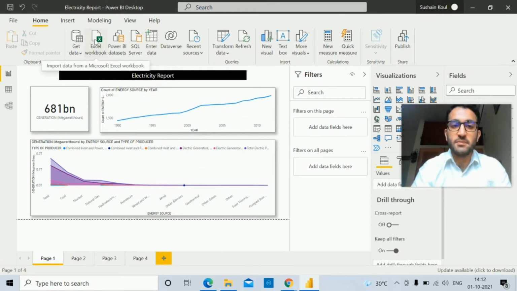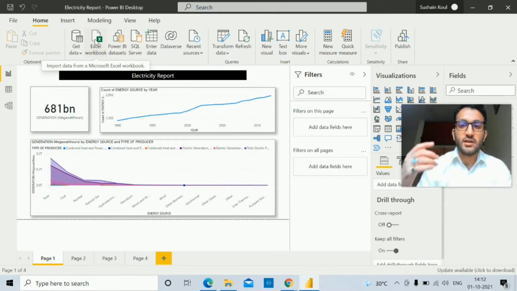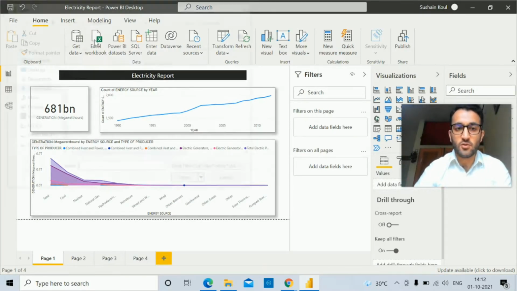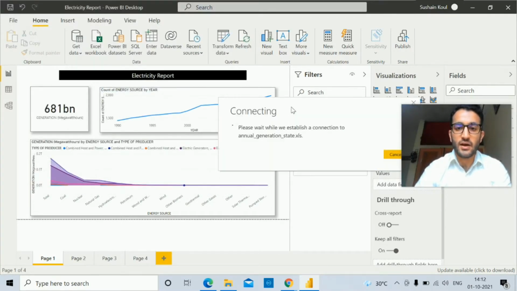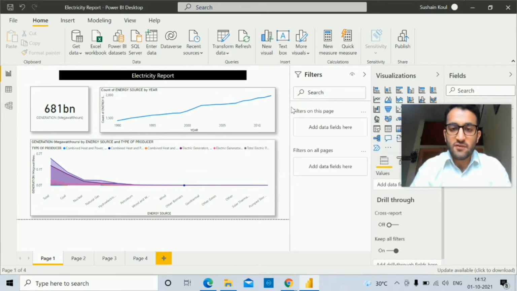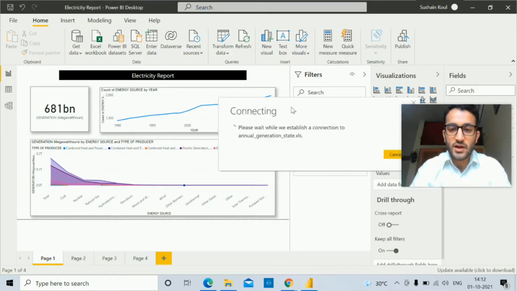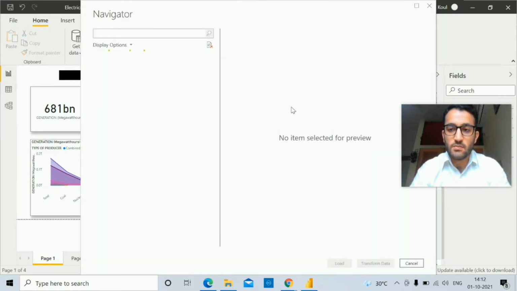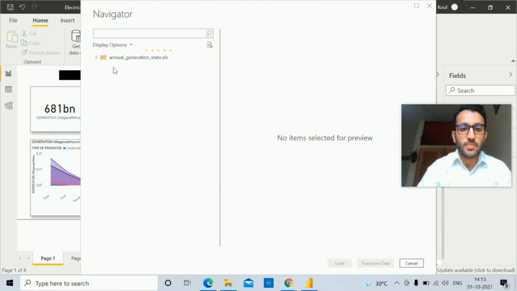The very basic step is to import the data set we require, so that we can create the report on that. The necessary step is to go to Excel, click on Excel workbook, and select each one of them one by one. I have clicked on one Excel file. Let's wait till it gets connected. Yeah. So now you can see